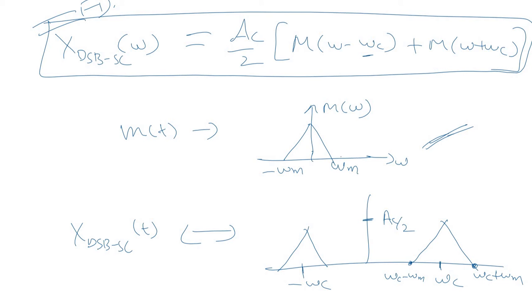Now clearly you can see that there is no carrier component present in the spectrum. The only components present here are your upper sideband and the lower sideband, right? Similarly on the negative frequency counterpart, we only have the upper sideband and the lower sideband. There is no carrier component present in the signal, since we have already suppressed the carrier signal, right? So there are only two components, that is the upper sideband and the lower sideband.